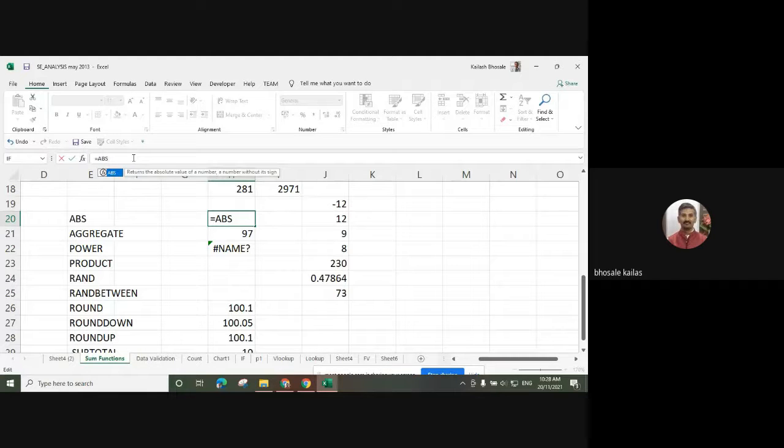When I type the ABS function, ABS returns the absolute value of a number without its sign. So write down ABS, then open bracket, select this number, and press enter.